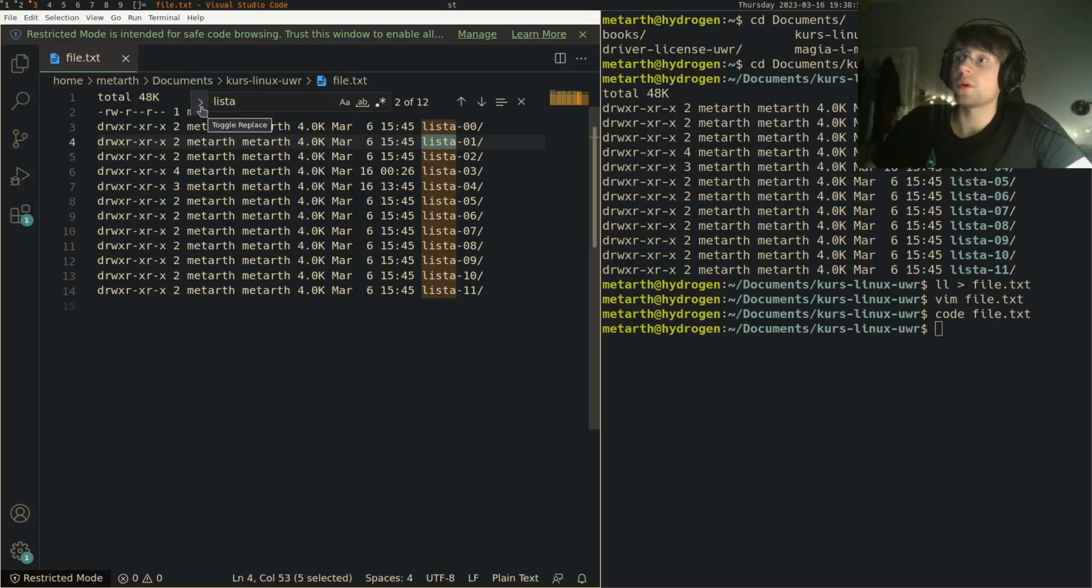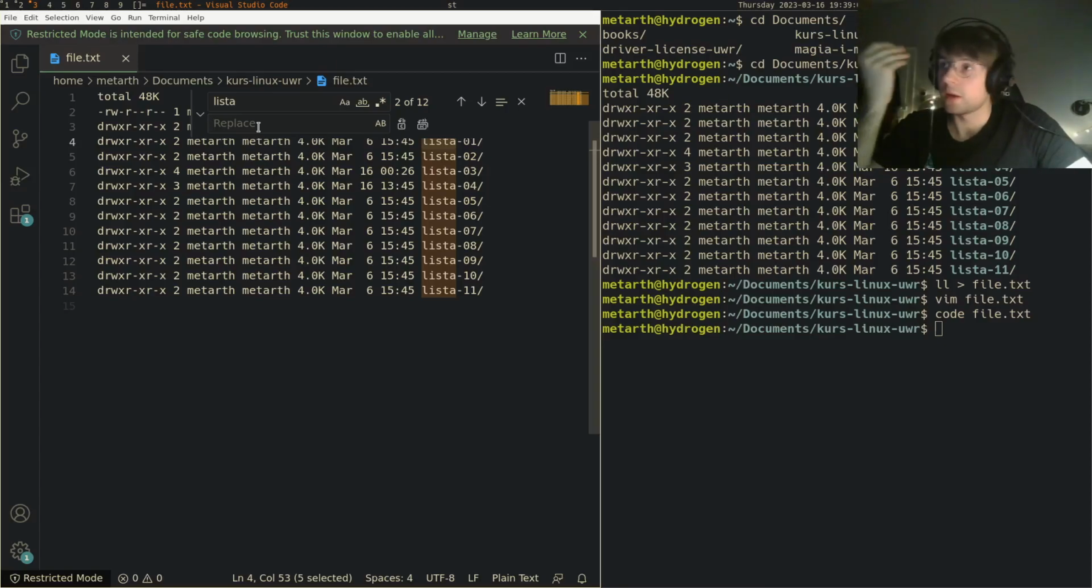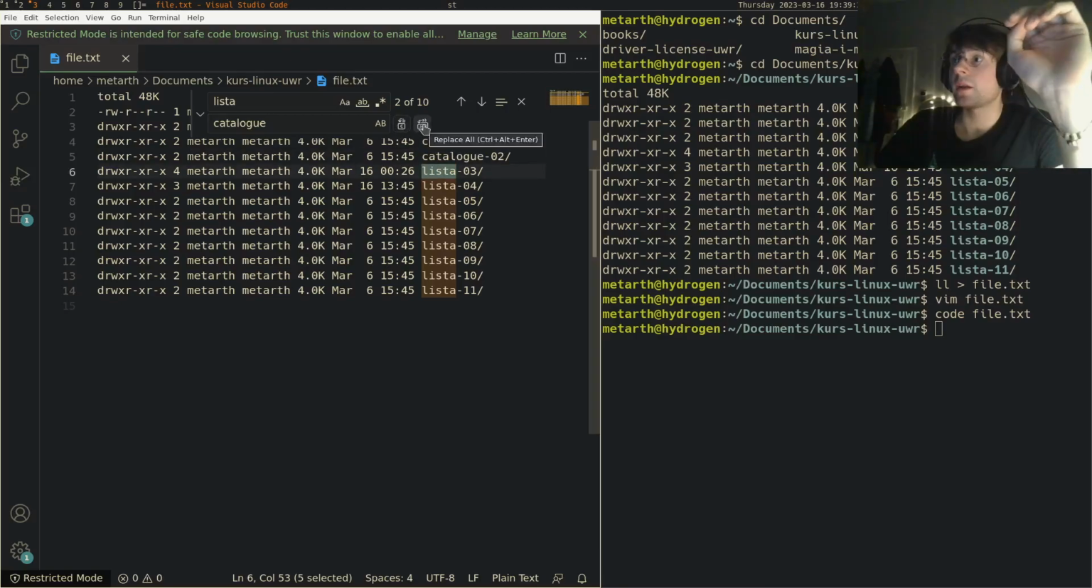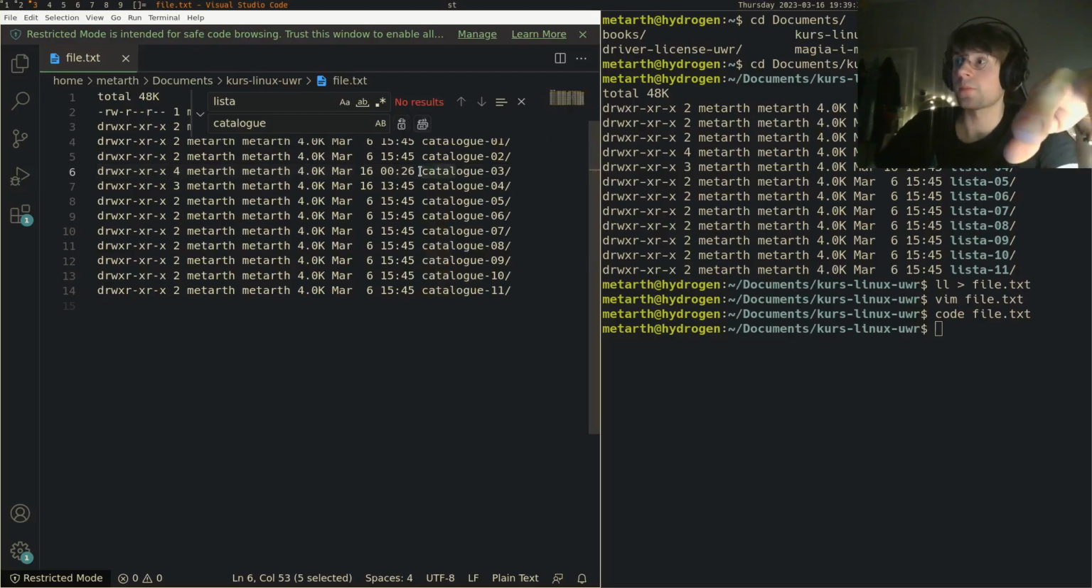but I can also toggle replace by pressing this arrow, and now I can specify with what string I want to replace the instances of lista. Let's say I want to replace them with list, or something else like catalog. And now I can preserve case. I have some other options, like I can replace only one occurrence and do them one by one, or I can replace all, and it's pretty